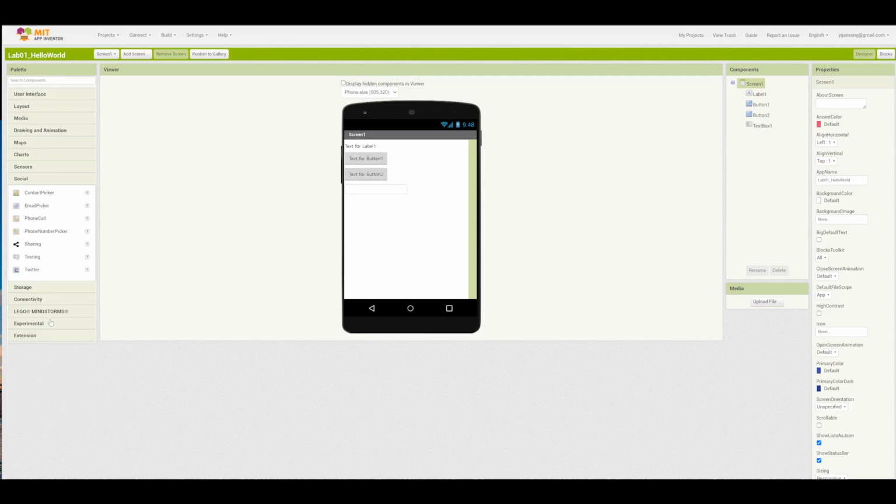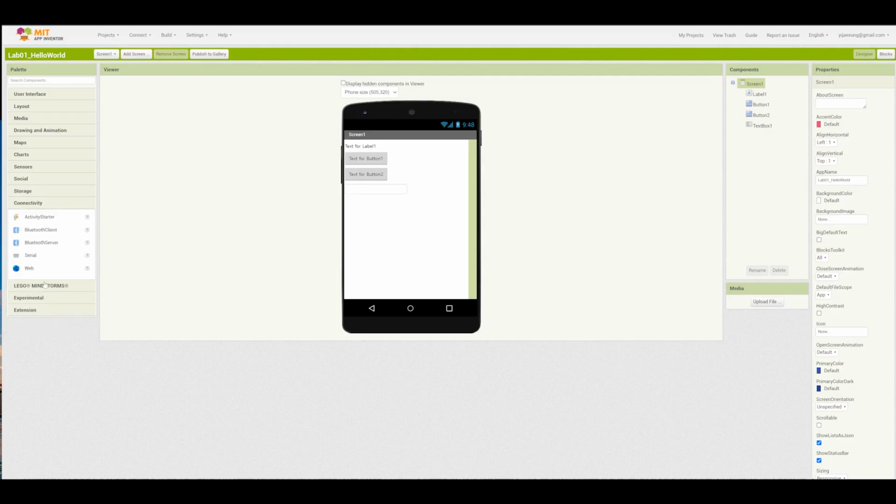And social components, like Twitter, sharing information, those kinds of functions provided by App Inventor. And storage: if you want to save some data, then you can choose any database from here. And connectivity,